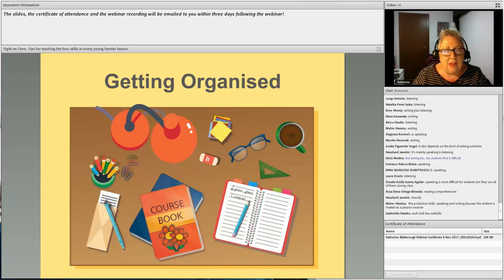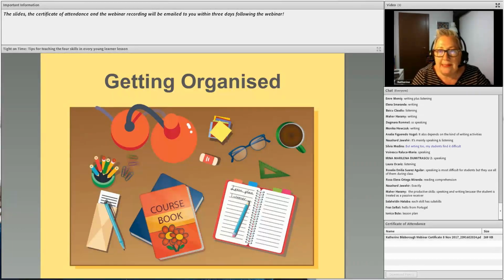And this is when you have your course book, your class book, or your materials that you're going to use, and your lesson plan. Not everybody will be using a course book, I understand that, and not everybody writes a lesson plan, I understand that too. But a good thing to consider when you're planning your lesson and looking at your materials just before you go into the classroom, it might be a good idea to add a skills column, if you like, on your lesson plan,